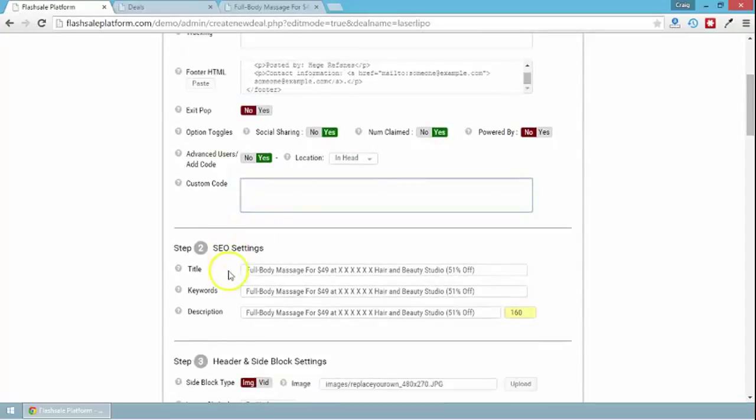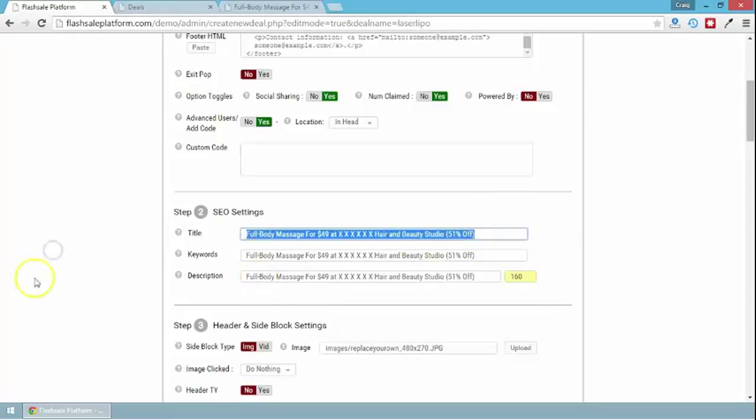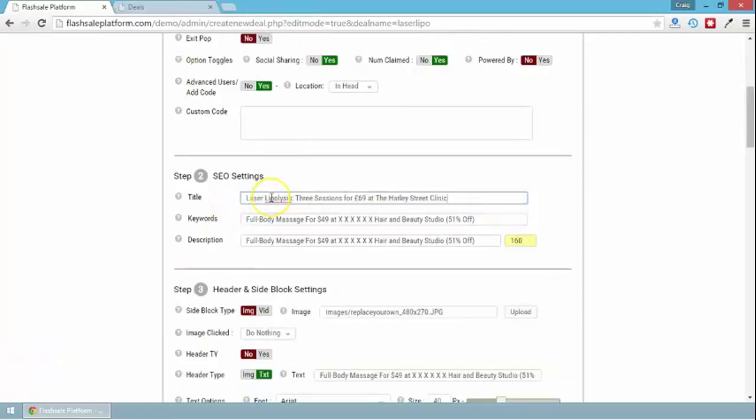Going over to step 2, we have the title, the keywords and the description. So let's come up with a title. Now if you go over the tooltip, you'll see that this view is also used for the mobile view because the deal displays differently on tablets and on mobile devices. So I'm just going to pause this whilst I create a headline. Okay, so I've created a headline. I'm going to use this headline in the title. I'm also going to use it in the keywords and the description. So I'll select all of that, copy it, paste it in,